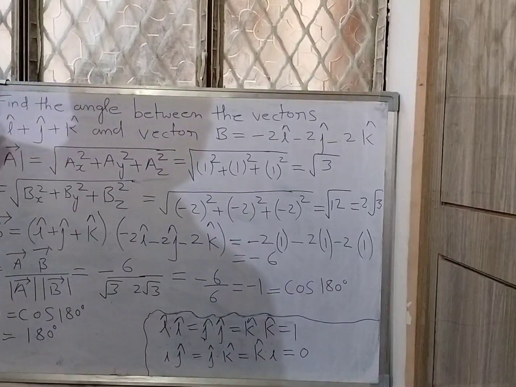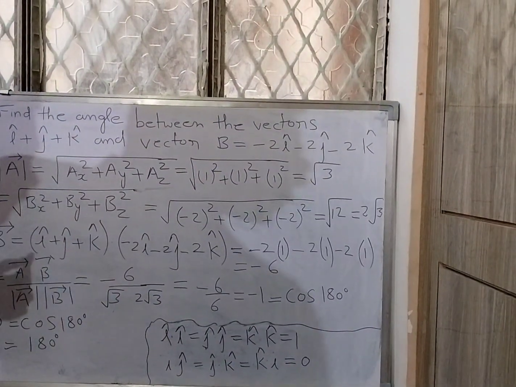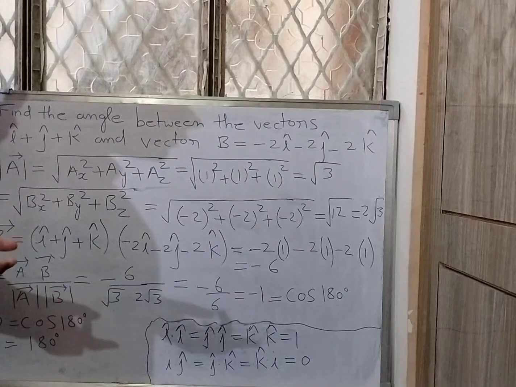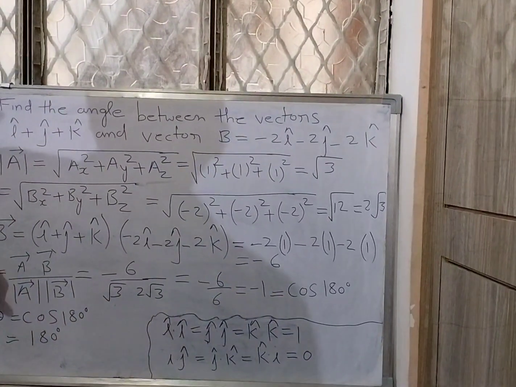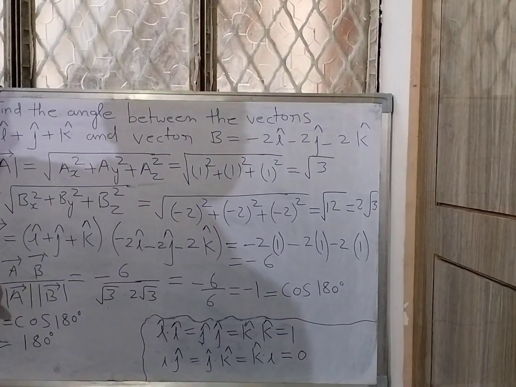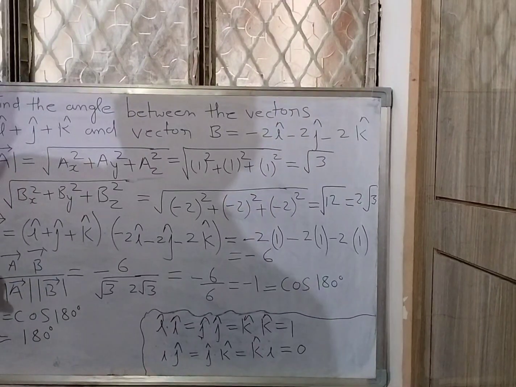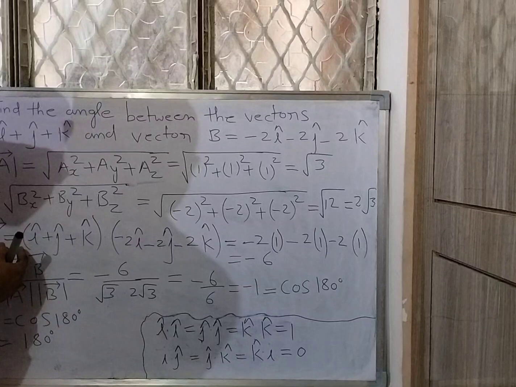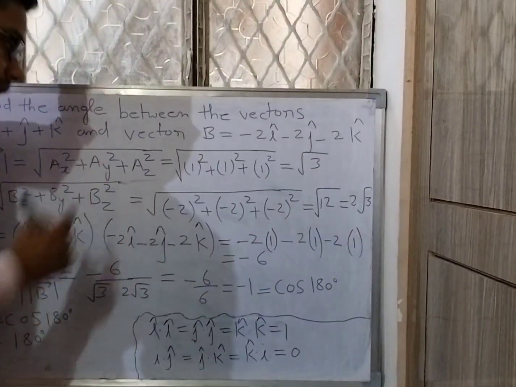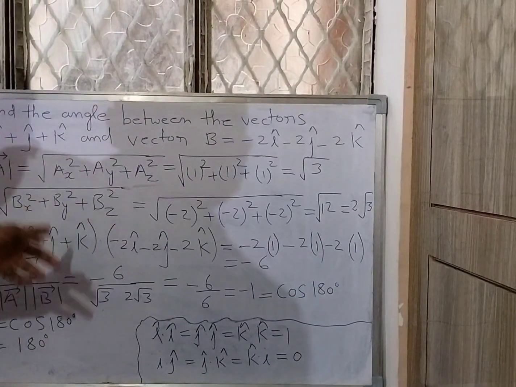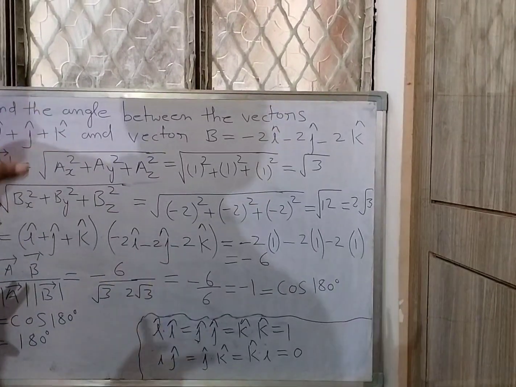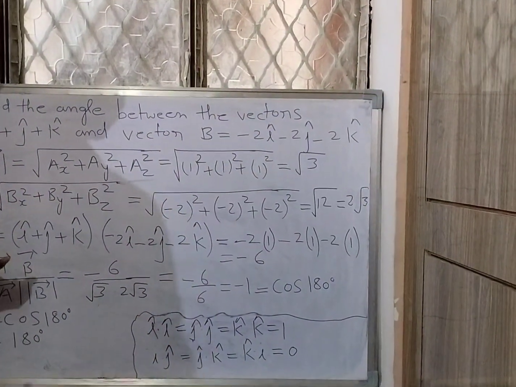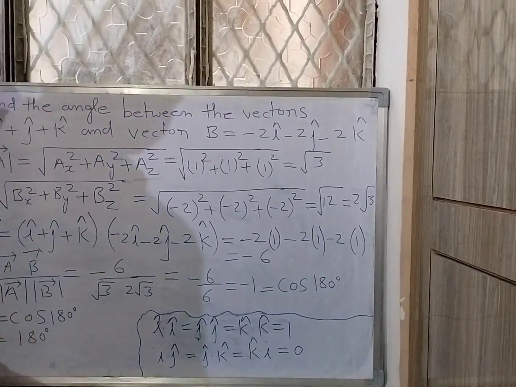So we know that there are two products: vector product and scalar product. This scalar product is called the dot product. So a vector dot b vector should be written like that. This is the value of a vector, this is the value of b vector. Now we will see how we will multiply it. So we will see the property of this vector which we have studied earlier.